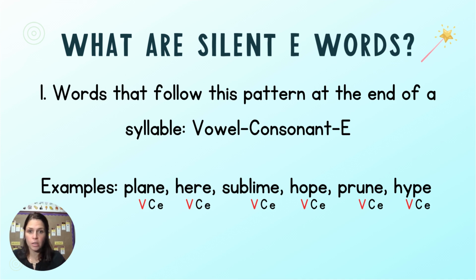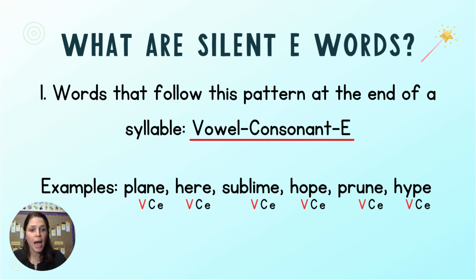The question is, what are silent E words? We're going to answer that question with 4 main points. The first point, they are words that follow this pattern at the end of a syllable. Vowel-Consonant-E. That is the pattern that we look for, and you'll see in these example words of plain, here, sublime,